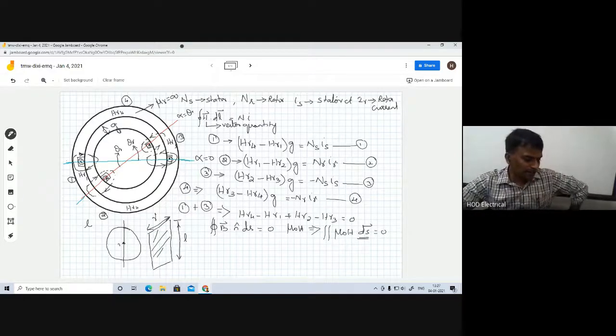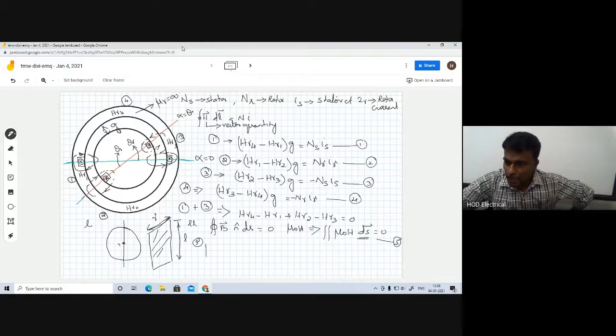Now we have to write this equation from here, from alpha equal to 0. How will we write the magnetic flux density in this region? In this region, we can write the area as radius into length, r into L. So we can write equation 5 as mu naught R L, R into length. Area, ds, and mu naught will be finished, then we are going to write area by area.